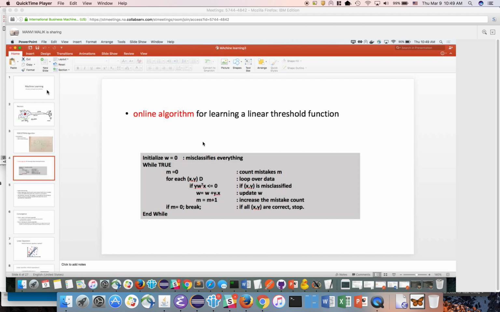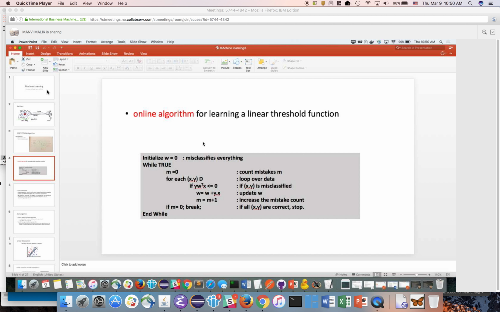Okay, so how this algorithm works is, let's say we have a weight vector which we assign to each input data set, and we initialize it to 0. That means we are assuming every data point is misclassified. So all positive points are initially classified as negative and the negative points are classified as positive. And while true, we will assume m is the count of mistakes that the algorithm is going to make. And for each data point x, y, and d, what we are going to do is